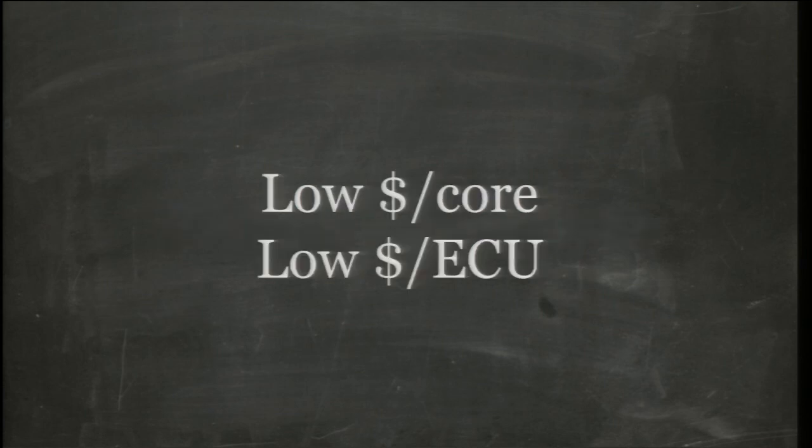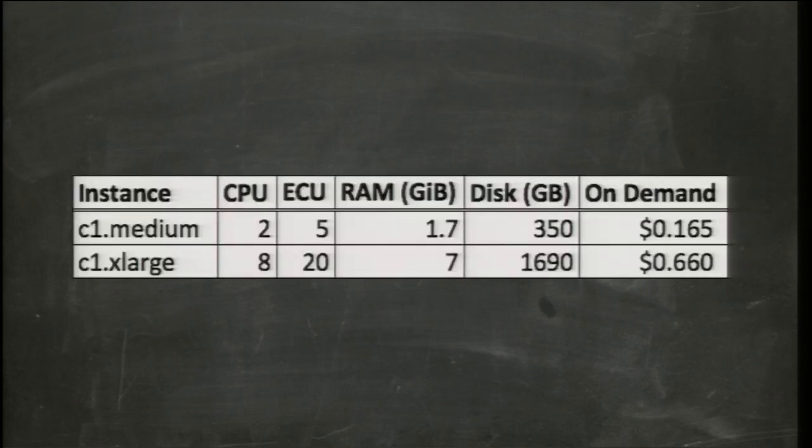So this is where we get onto the focus of how we design these things. Our focus with the high CPU family is providing you low dollar per core and low dollar per compute unit. We optimize to see how we can provide you really low-cost computational capabilities and what kind of trade-offs we can make to get you there. So in the case of high CPU, the trade-off that we made when we released this was to provide low memory. So you essentially have a 1 gig per core ratio of resources.